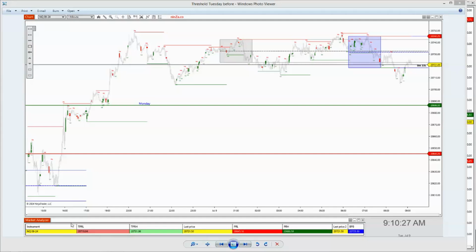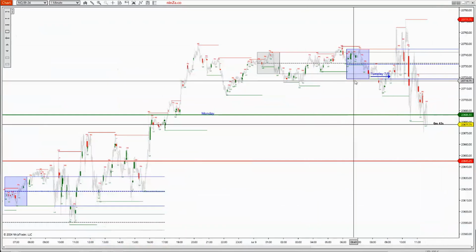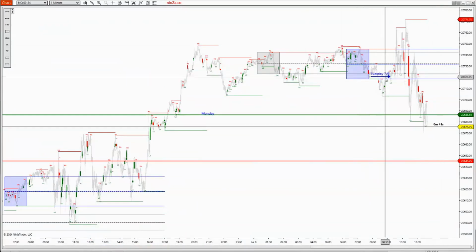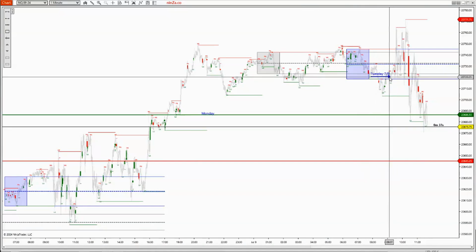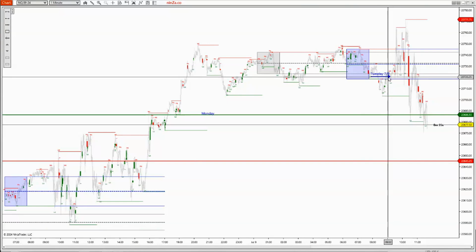Again, you're provided this information. You're given this market analyzer. At 9:10 this morning, I took this snapshot. We were right here, pretty much located right at the bottom of this range. Right at the bottom of this range here, we were located down there. Now let's take a look at what we're doing currently. Let me move this out of your way. Again, we were over here. I didn't put the arrow in that snapshot, I forgot to do it, but we were located right at the bottom of that range.